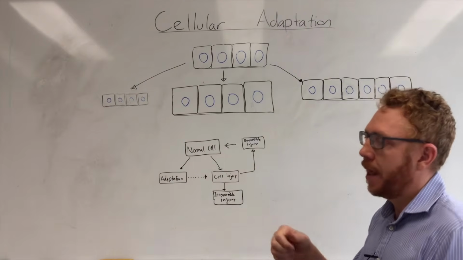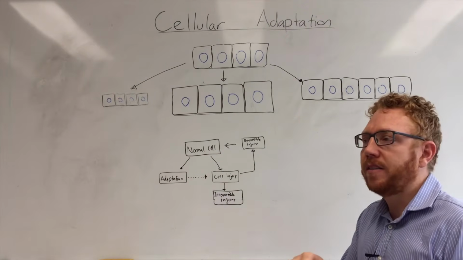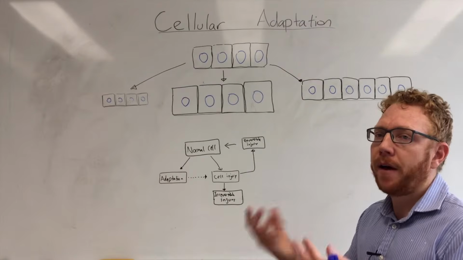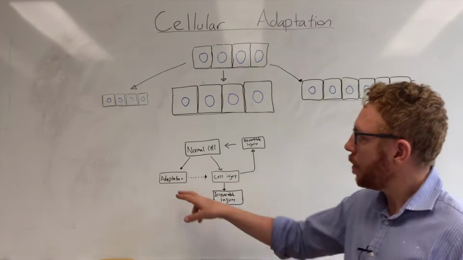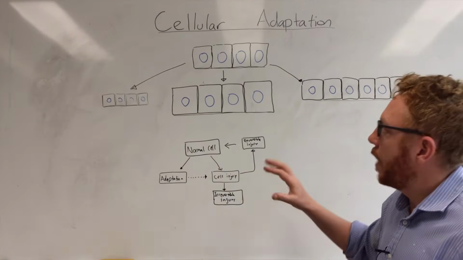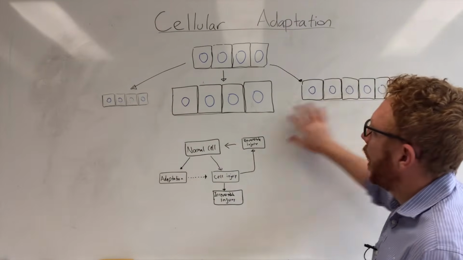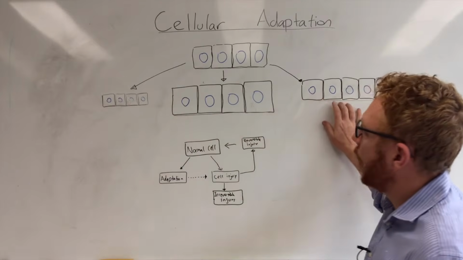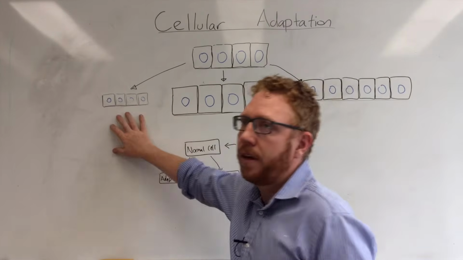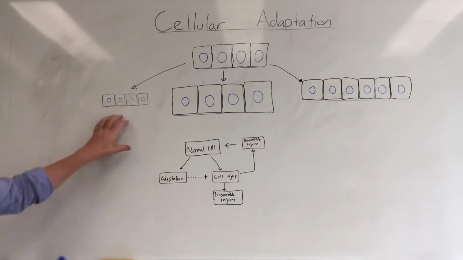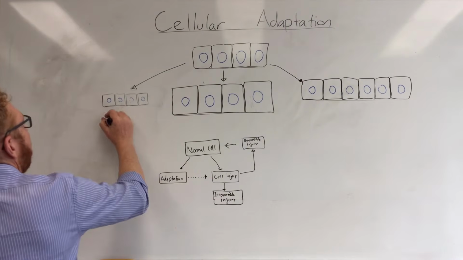And because it's not a labile cell, instead of getting an increase in number, all it can do is get bigger, and that's called hypertrophy. And so now we're going to do this adaptation, at least for the first case, with these three types. Let's start over here with atrophy. So atrophy, what you can see,